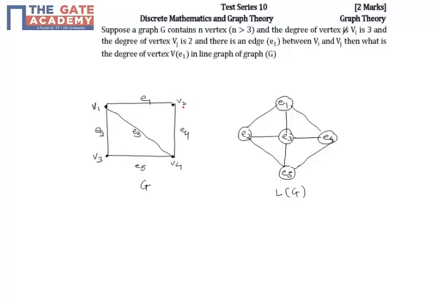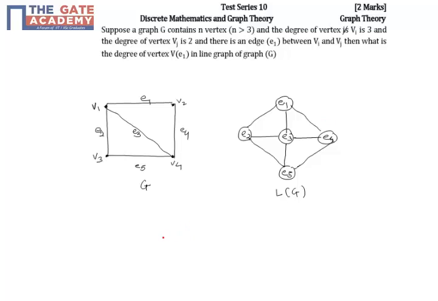Similarly, vertex V2 has a degree of 2. So, it is shared by edges E1 and E4. Thus, the edge E1 will be adjacent to E4 in the line graph of G. Thus, because of vertex V2, vertex E1 in the line graph of G is adjacent to the degree of V2 minus 1 other vertices.